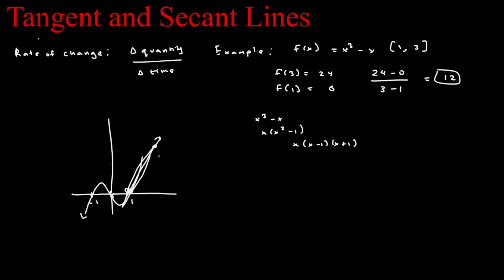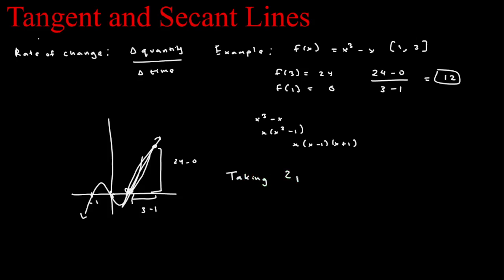That's because what we calculated was the rise, 24 minus 0, and we divided by the run, 3 minus 1, and so we drew a line across it, and 12 was the slope of that line. What we did was we took 2 points and drew a line across them, and this process of taking